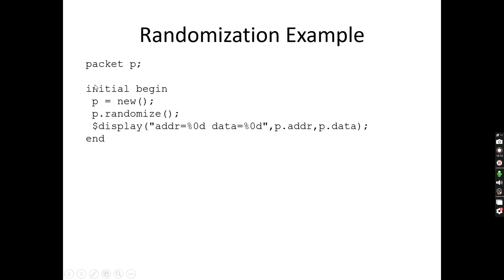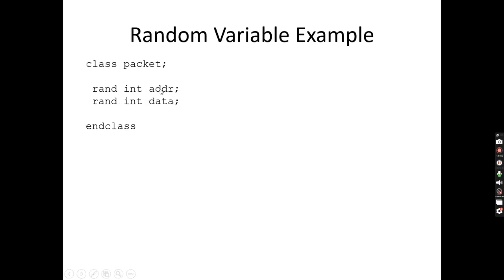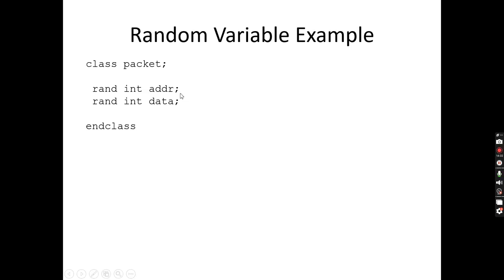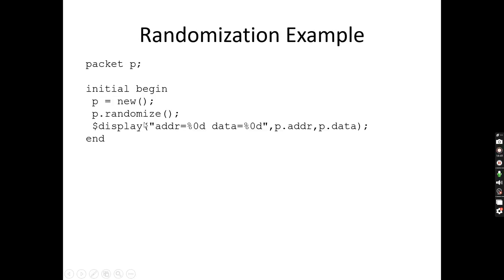Then how to call it? Here I am not allocating any values. I'm just calling here. I'm declaring the handle at runtime. I'm allocating the memory and I'm calling the p.randomize function. This is actually an inbuilt method. It makes these two values be allocated with random values. So address can be allocated with 20, data can be allocated with 33, like that. So by calling this method,